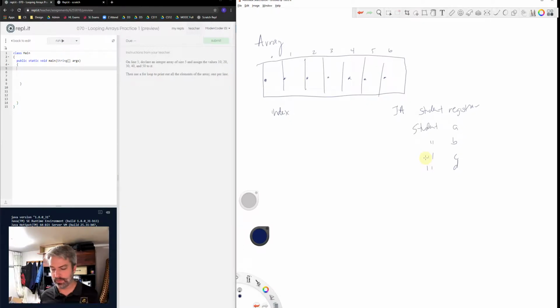They have a bunch of stuff in here. So maybe we want to look through this registrar and find all the students who are, or, okay, we have a bunch of students and we want to find out who is taking computer science right now? I have all these 90-something seniors at Woodstock, and we're going to find just the ones that are taking computer science. Well, if we have all these individual students, like student A, B, C, D,